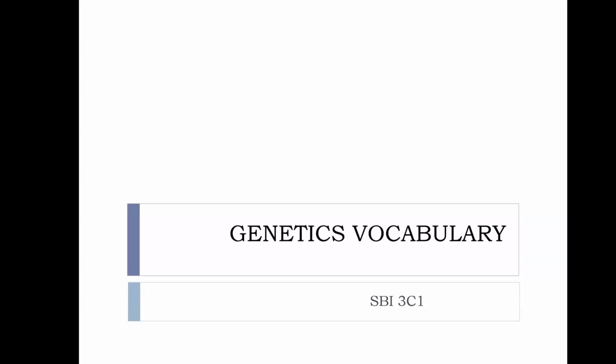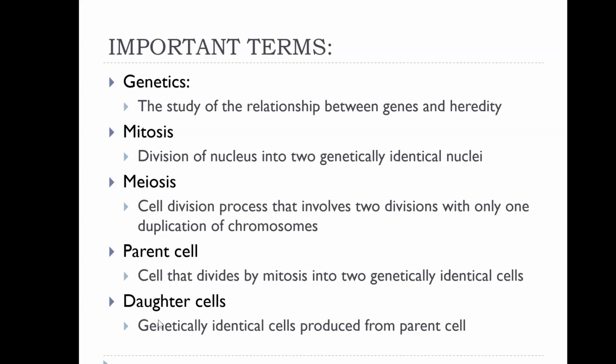So there's quite a lot of vocabulary we need to cover. These are some of the terminology. There's a lot more terminology that you will have to learn, but basically the unit is going to be covering the study of the relationship between genes, those components of your genetic information within the chromosomes, which is made up of DNA within your cells,